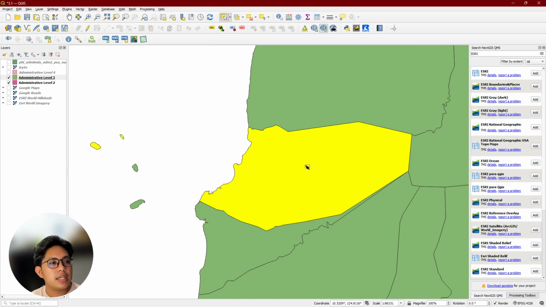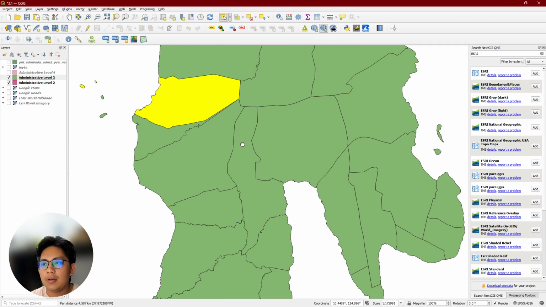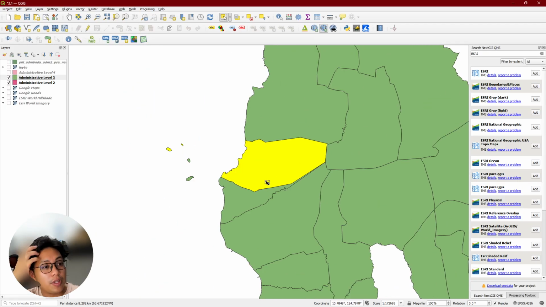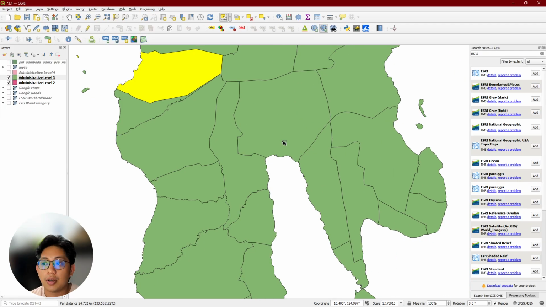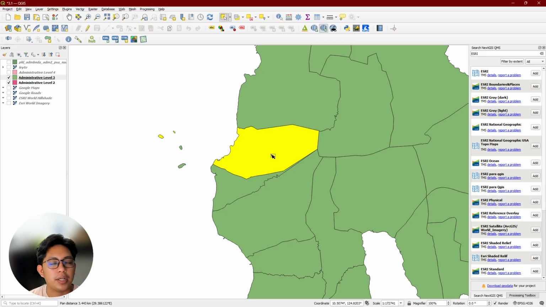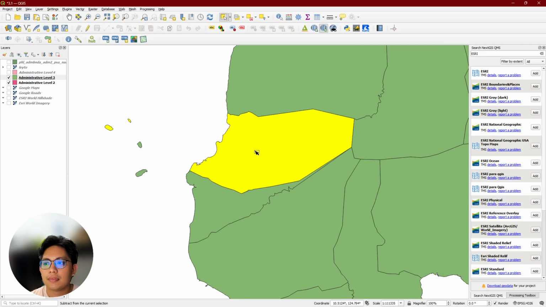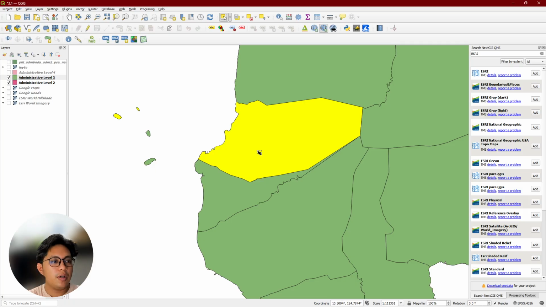At least for your group, pick the larger ones. I know a group of some students of mine will use Southern Leyte for their studies. That's okay. If you need this for your study, much better, so that you'll start to understand how it's used. So I'm gonna focus on Inupakan.